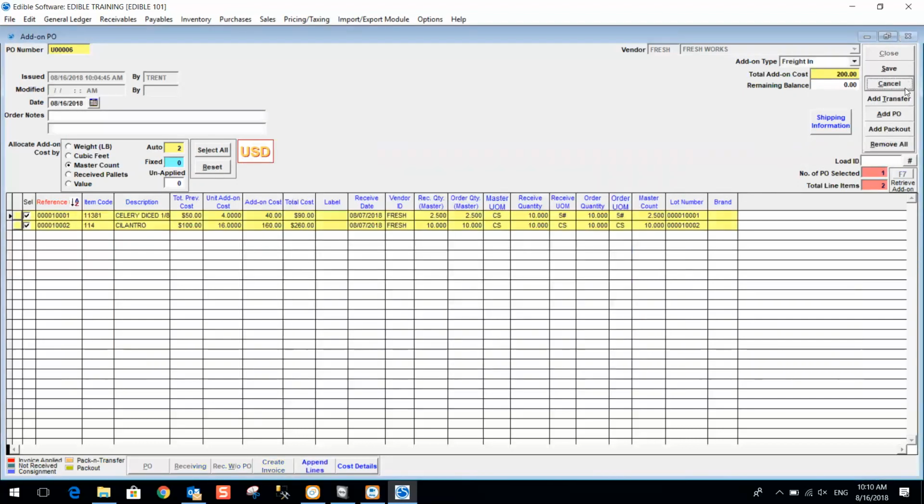Click edit, and I don't have anything to add right now, but just letting you know, down at the bottom, there's an append lines option. So when you append lines, if you added something to the purchase order, the normal inventory purchase order, it will go ahead and add that line in here as well. And then I can redistribute as needed. So bear that in mind, if an add-on PO has been created for a purchase order,